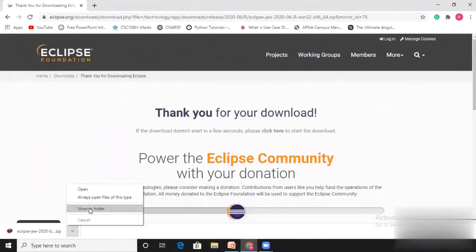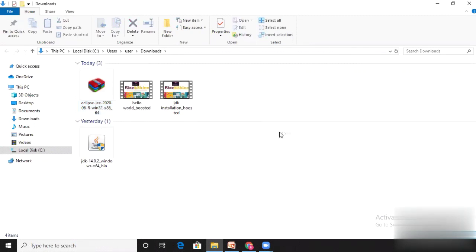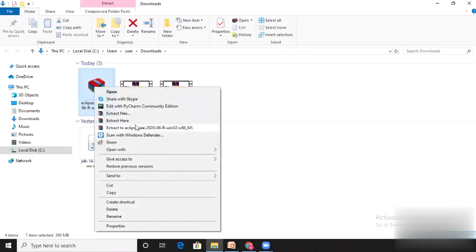Go to the download folder. Here you find one WinRAR zip archive of 390 MB. What is the next step? After downloading the zip file, simply right click on it and say extract here.